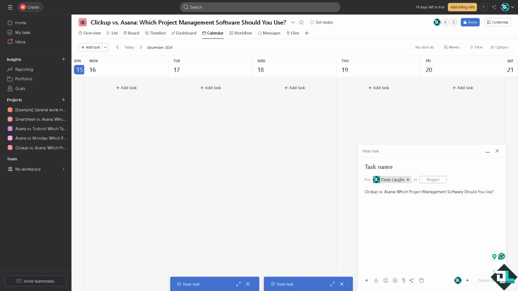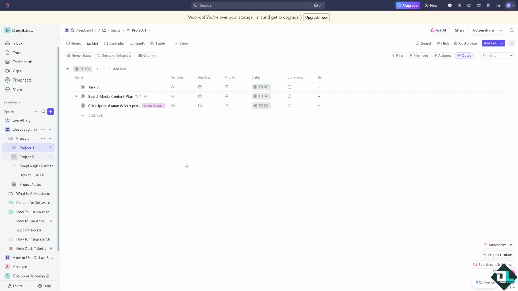Now, you might want to choose ClickUp if you're looking for a well-structured tool for projects and tasks and subtasks, which is great for teams needing clear project timelines and dependency tracking. Because both ClickUp and Asana are popular project management tools, but again, they cater to slightly different use cases and teams. And again, it depends on your